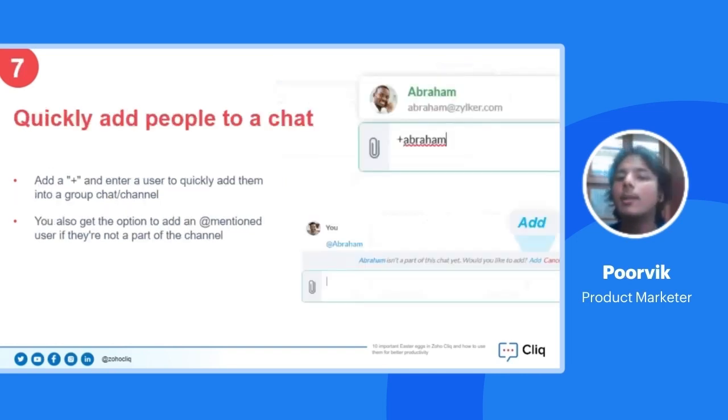So the next one is quickly adding people to a chat. While in a group chat or a channel, if you want to add users, instead of having to click on the group chat icon and clicking on participants and adding a member, you can quickly add users by using the plus icon. All you have to do is enter plus, and enter the name of the person or the user that you want to add to the chat, and Cliq will quickly add that particular person into the